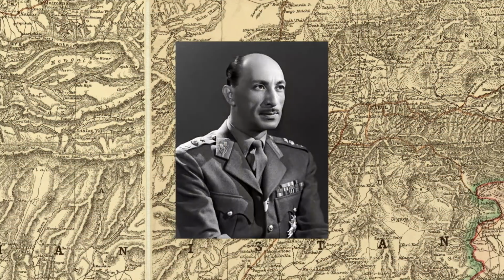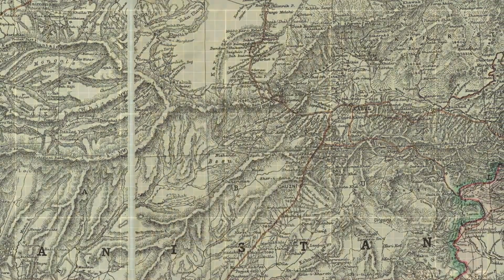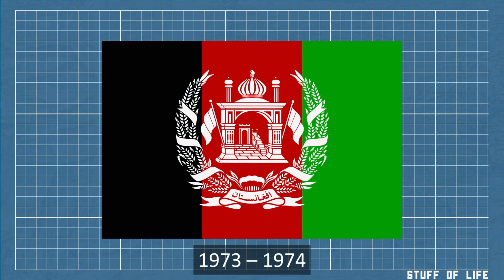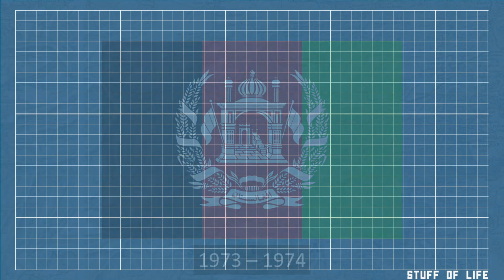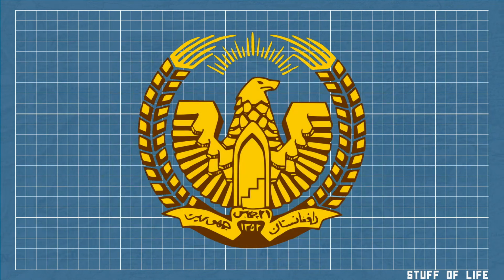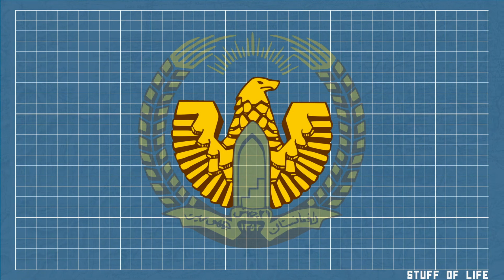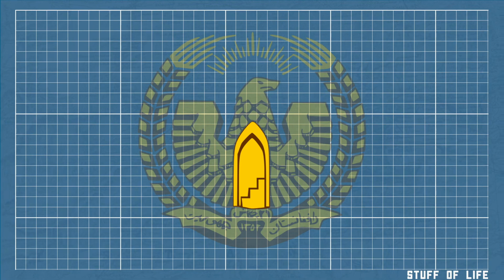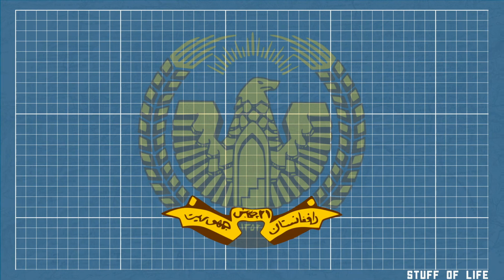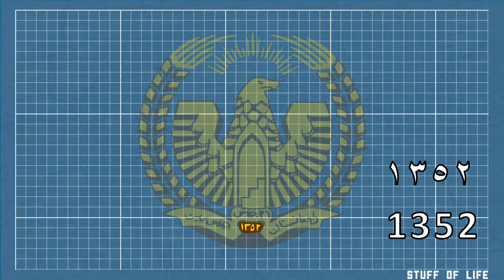After his son Zahir Shah was dethroned in 1973, the new Republic of Afghanistan kept the same flag but removed the year 1348 from the seal. 1 year later, the new authorities raised a second flag where the same colors were used. The new seal, located in the canton outlined in brown, had a golden eagle with its wings spread, a minbar and sun rays over the eagle's head, all of this surrounded by 2 sheaves of wheat. The Pashto inscription of the Republic of Afghanistan and the Islamic calendar year of 1352 were also put in the